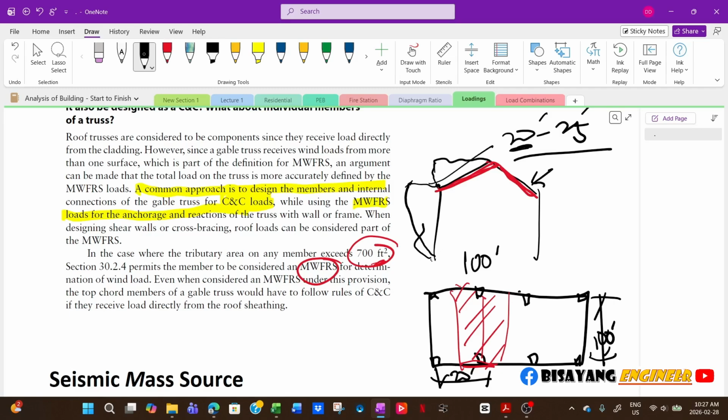That's why for a bigger area, it is already safe to use the average pressure, which is what is included in the MWFRS loading table for the pressure coefficient,